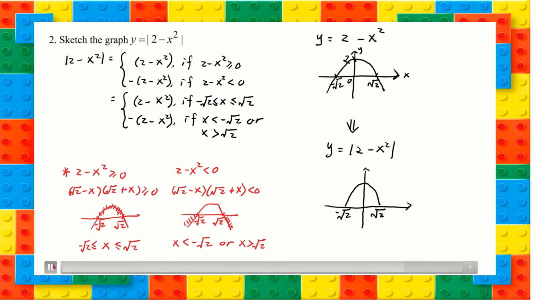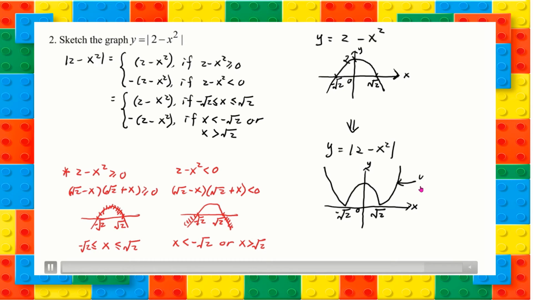But the part of the curve which is below the x-axis needs to be reflected using the x-axis as the line of reflection. So after the reflection, generally this is the curve of the modulus function. Now we need to label the curve. For the part which is reflected,